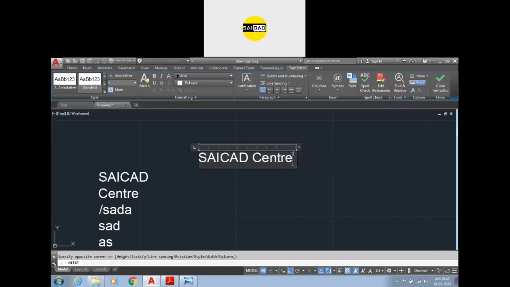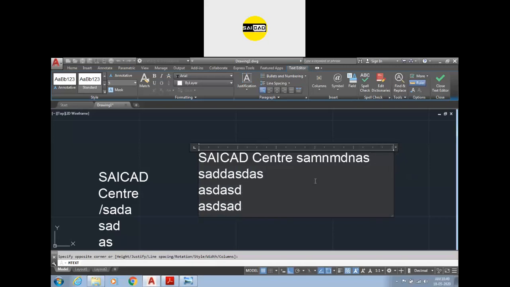Right now I have selected it like this. Now if I type something again, it will go there. So you can just increase the width of the box. After you press enter, you can shift it downward like that.